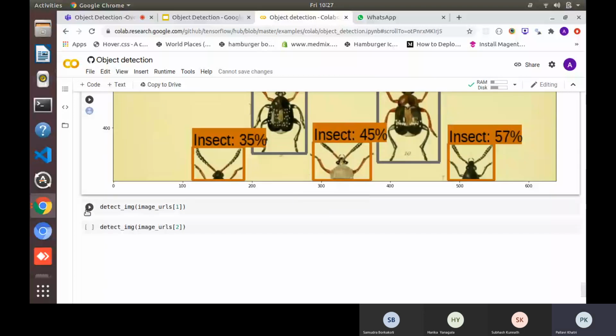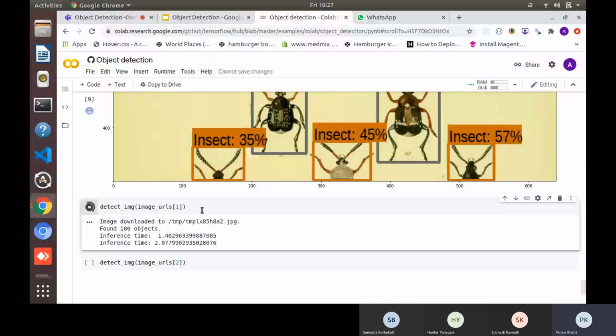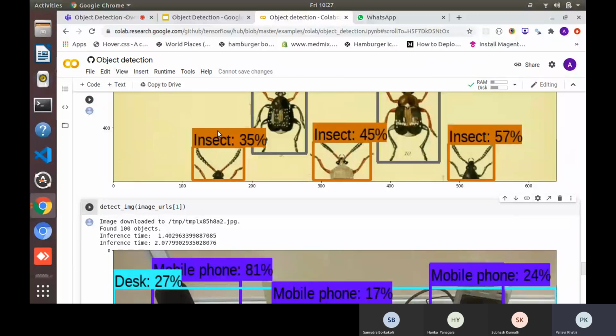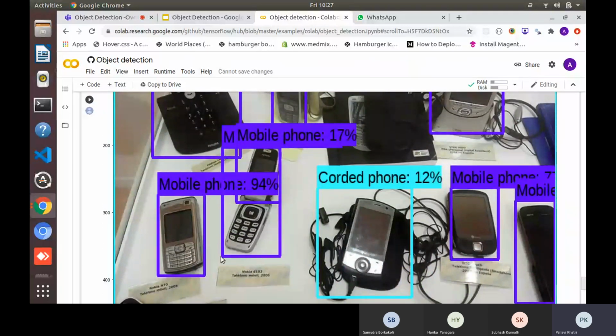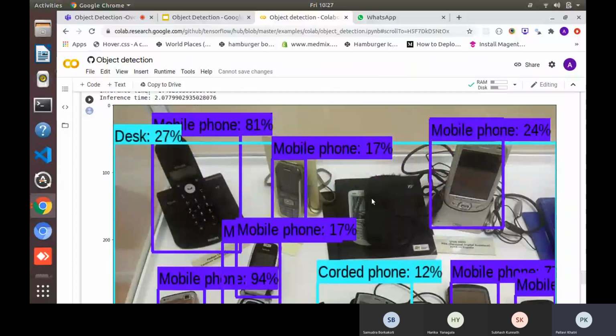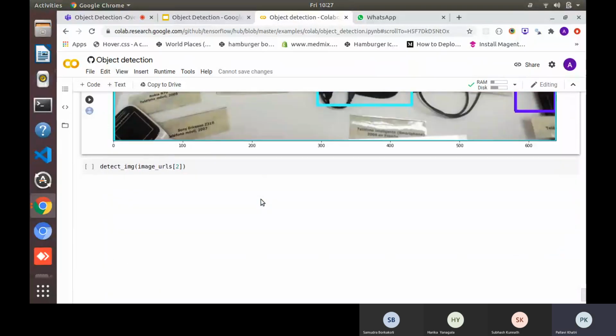Then the second image, it is downloading that image, and then inferred, it's drawing now. Now the second image shows, if you see, there are so many mobile phones, corded phones, and the desk is here. So these are detected.